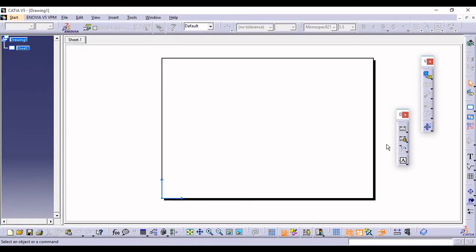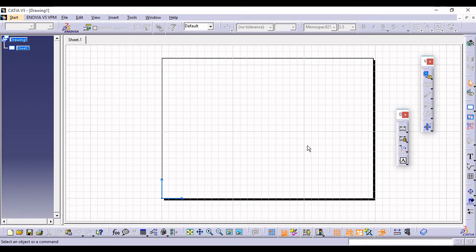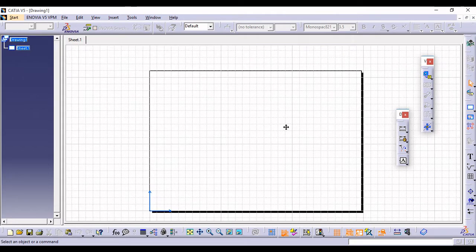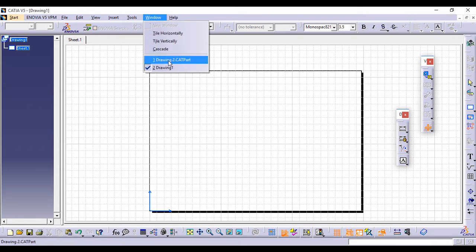Now after this, the next part is to simply call the part into this particular area. So select this one: front view, top view and left view. Select this and either go with Window and Drawing 2, or simply press Control Tab 1.